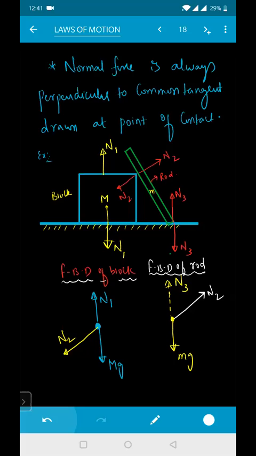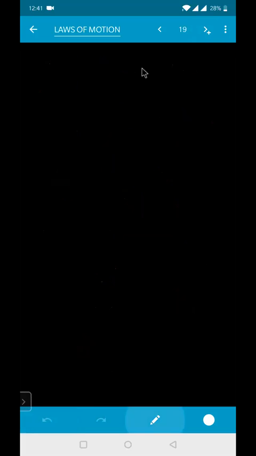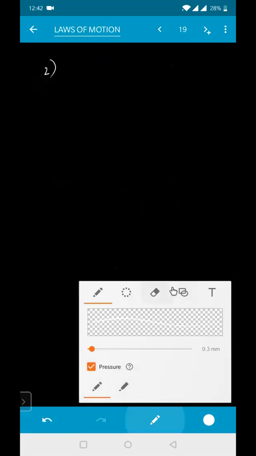No, sir. Everyone got an idea how to draw the normal force? Yes, sir. Shall I give you some more examples? Yes, sir. So this is my first example which I have taken. I'll give you more examples so that you will become perfect on this one. So say for example,